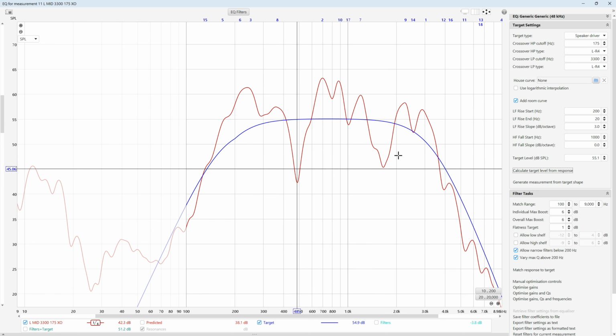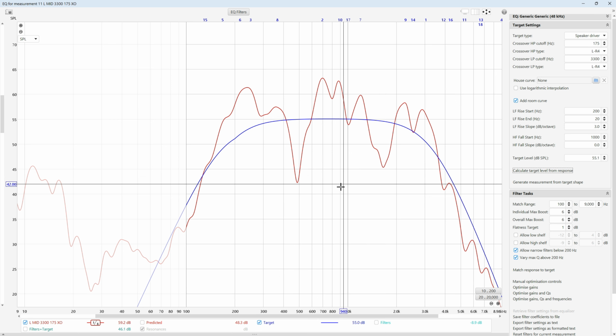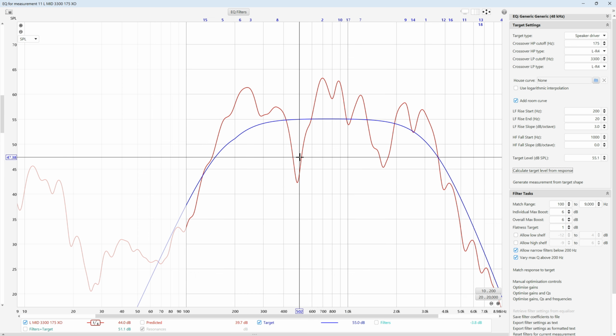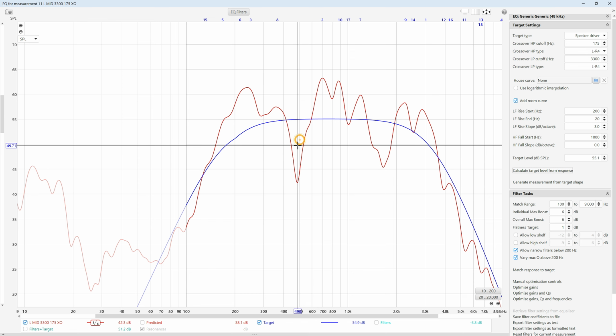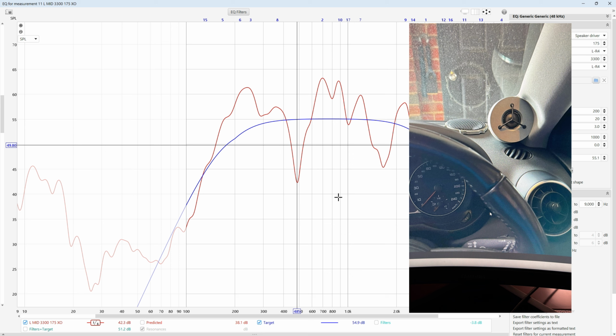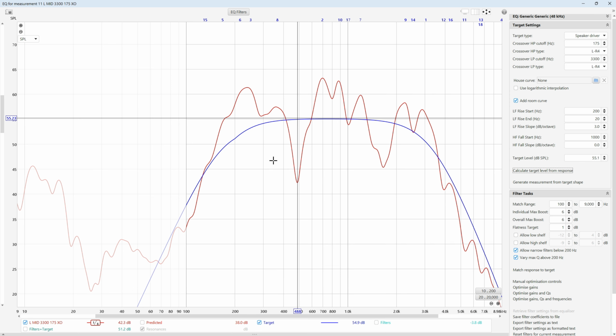So I'm going to have a gap in the vocals, and that type of thing, and I really don't want that in my system. I also kind of know that very narrow dips are likely to be a cancellation, because of my system: my mids are mounted in the corners of the dashboard, and the sound waves are reflecting up off the windscreen, and I'm pretty sure this is because the sound waves are hitting the back of the tweeter pod that is mounted on the pillars and causing a cancellation,